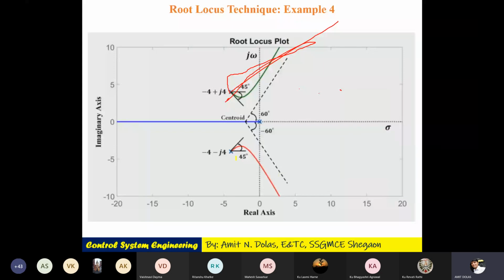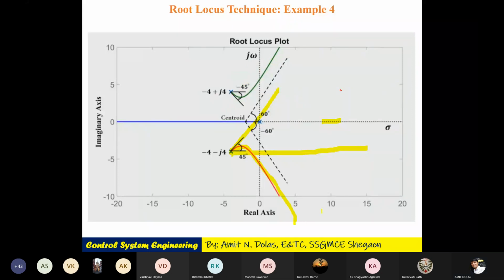So this is the parallel line to the real axis, and to that, if you wanted to draw the angle, this is the 45 degree angle. Therefore, this route will go with plus 45 direction, angle, and will move towards asymptote third, that is minus 60 degree. Okay. So this is all about how to find out root,